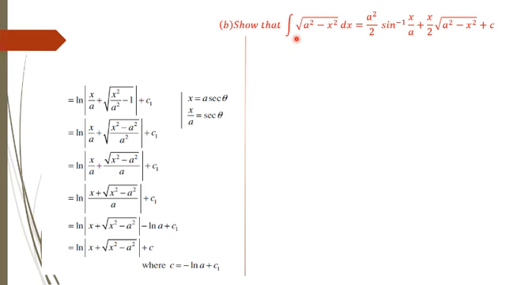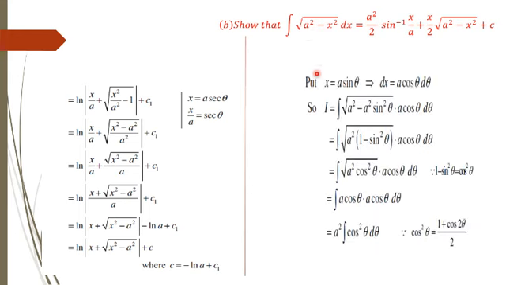Now we have the left hand side in the form of a square minus x square, which means that the variable comes after the negative sign. So we replace x is equal to a sine theta. Put x is equal to a sin theta, taking differential on both sides. Left hand side will become dx and right hand side is a times the derivative of sin theta, which is cos theta d theta.